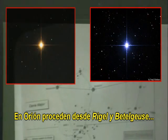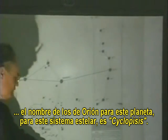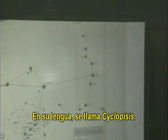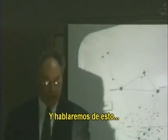In Orion, they come from Rigel and Betelgeuse. Now, okay, that's these systems here. Okay, I'm glad I brought extra. Now, the star we call Rigel, the Orions' name for this star system is Cyclopesis. In their tongue, it is called Cyclopesis. And whenever they go to a formal function of a galactic event, where there are other star races there, and we will get to that,